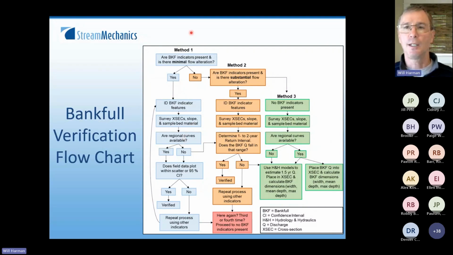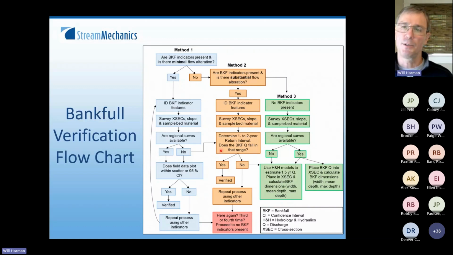You also get kicked over here to method 2 if you do have some flow alteration in your watershed. So you have Bankfull indicators, but there is this substantial flow alteration. So now the first part's the same. You identify your feature, you survey your area, get the slope, sample your bed material, and now this is where